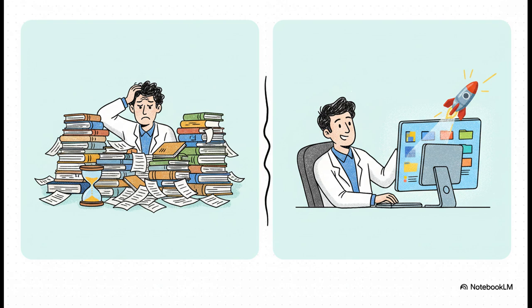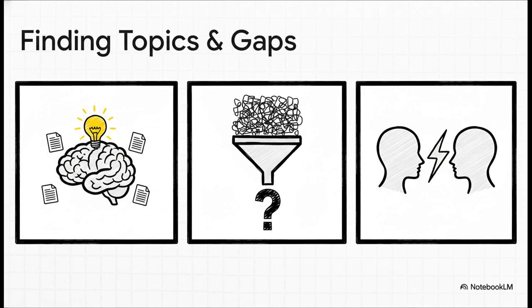You basically upload your papers to a digital library and just ask it, hey, what are the limitations of these studies? And you get an answer in minutes. Not months, minutes. And there are specific tools that make this a reality. Something like SciSpace can come up with new topic ideas for you, complete with references. Avidnote can take your project idea and turn it into super focused research questions.